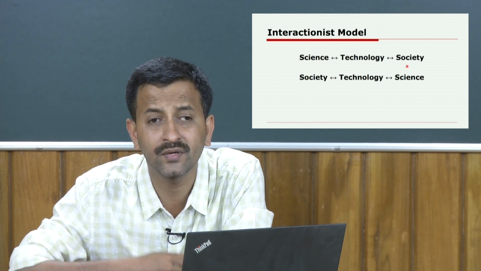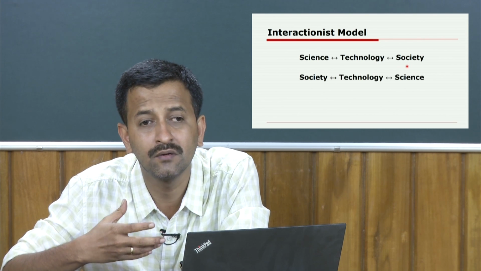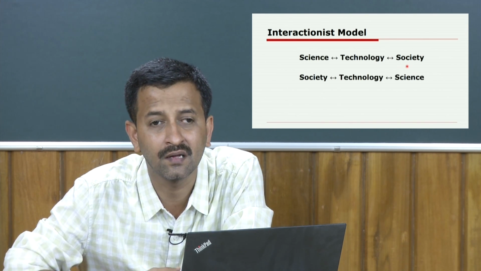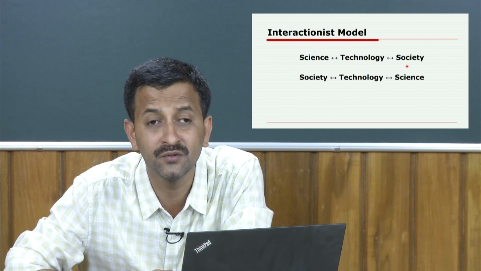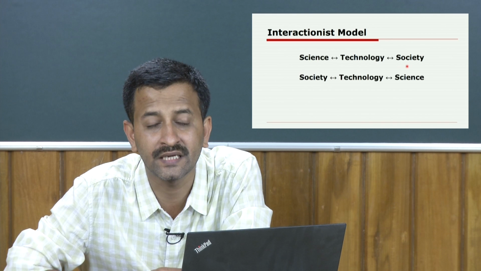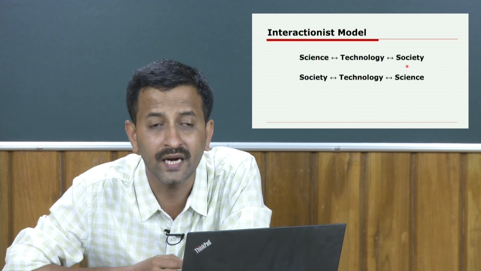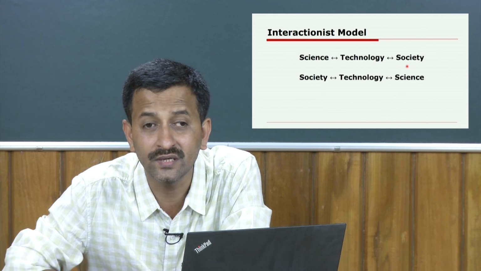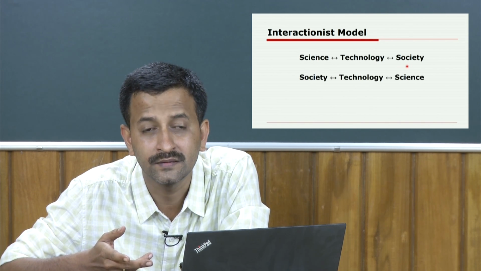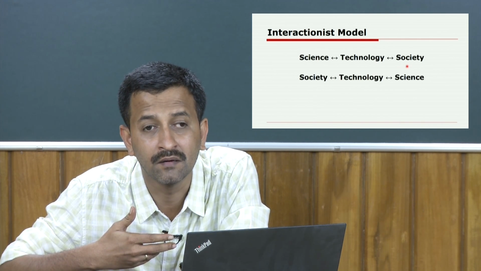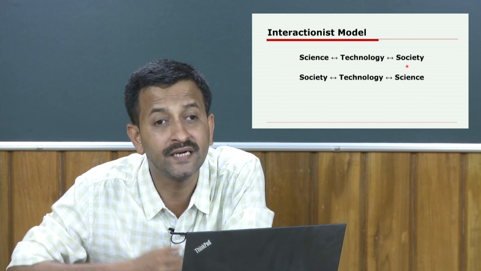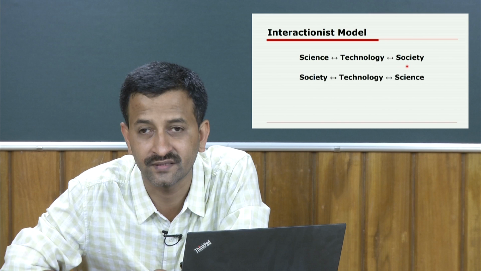That is why we always say that science and technology may not be considered universal. If they are considered universal, then perhaps all countries will have similar kinds of science and technology policies. The kind of science policies that the US has, India may not have. The kind of science policies the erstwhile Soviet Union had, India may not afford to have that kind of science and technology policy.